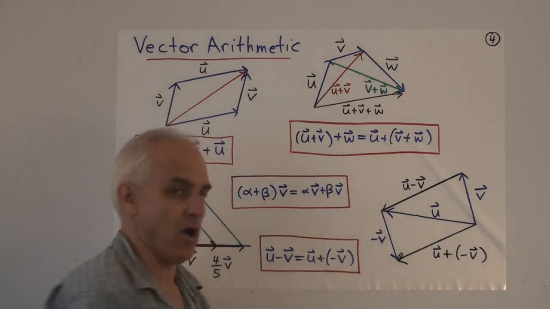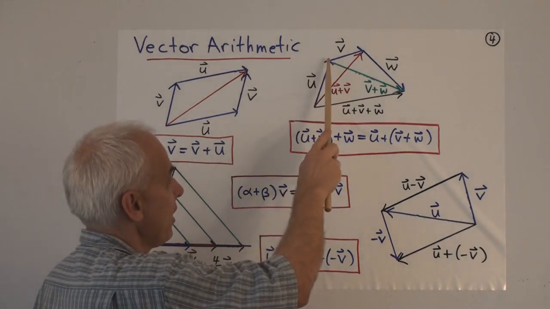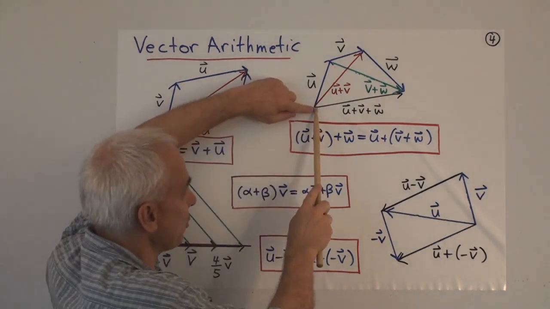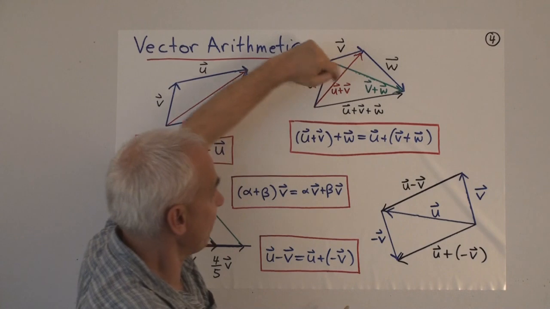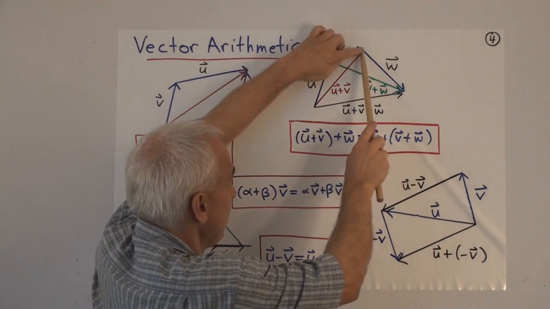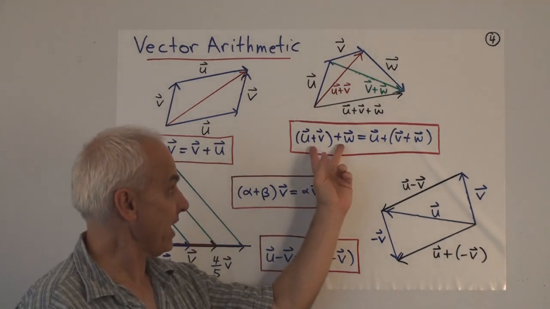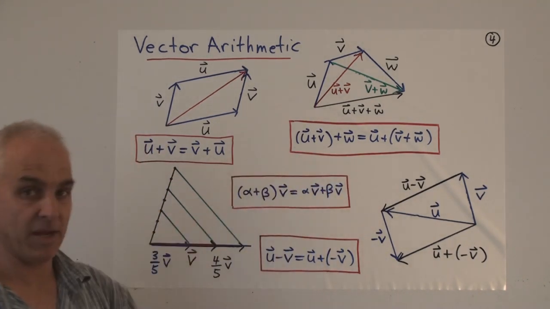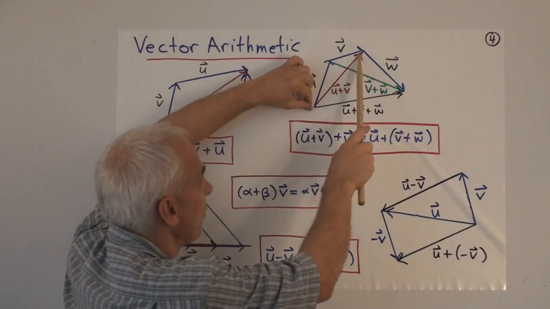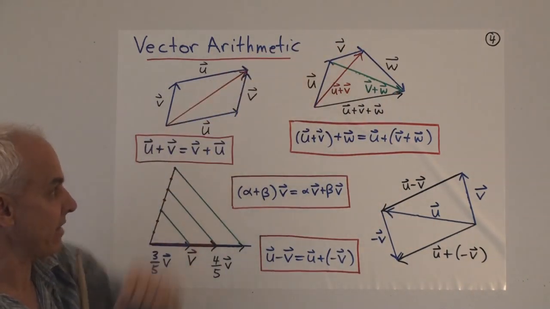Here is the associative law for vector addition. We have three vectors, a vector u, a vector v, and a vector w. I've shown you the vector u plus v, and I've shown you also the vector v plus w. So it's starting here, there's v, there's w, so from here to here, that's v plus w. On the left-hand side, we have u plus v plus w. What does it mean? It means we need to take the vector u plus v, this red one, and add w. So there's u plus v, and there's w. The combined sum is that vector there in black.